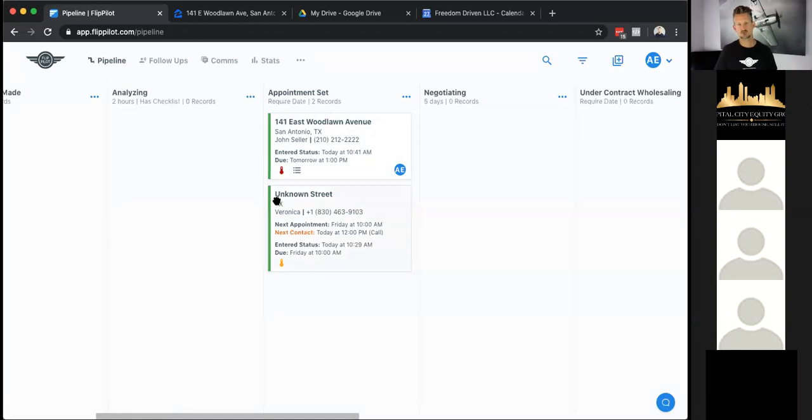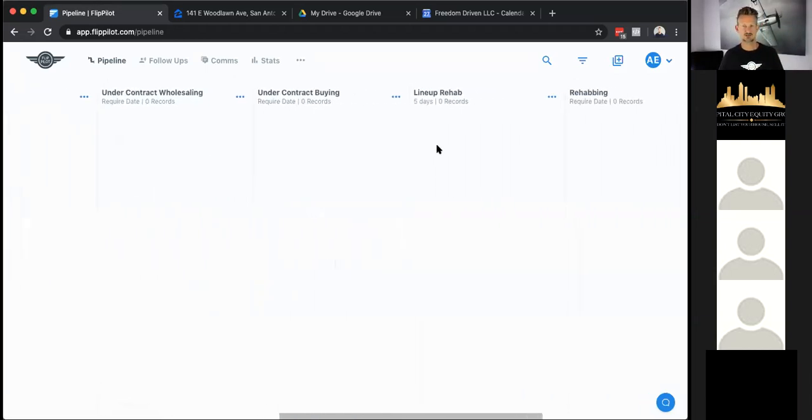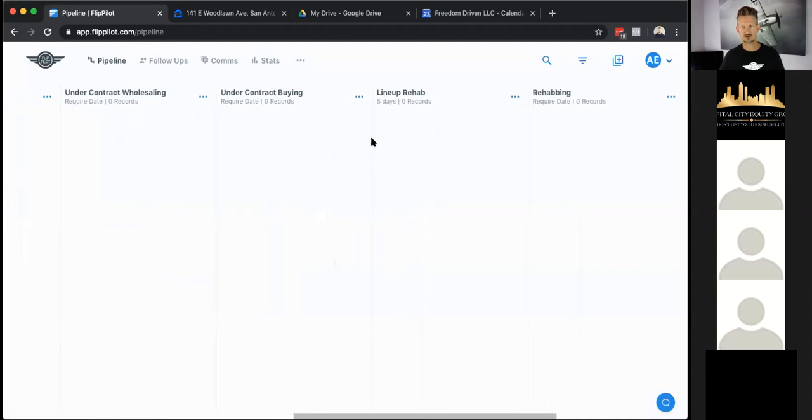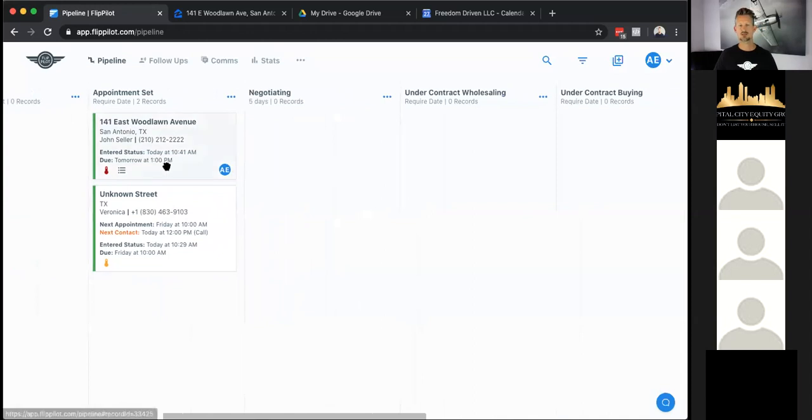But as you can see, we've been talking just about getting the lead and going to appointment, but you can have checklists for closings, right before closing, to make sure that you got your insurance and all that kind of stuff done. Okay, and then somebody like Carson's asking about pictures. So once you get pictures too, if you're on an appointment, you might have a checklist item to upload pictures